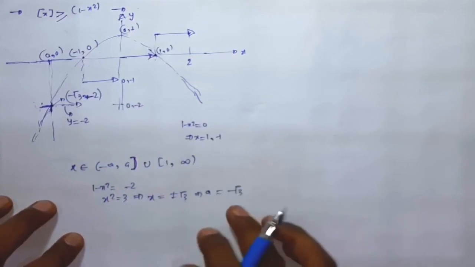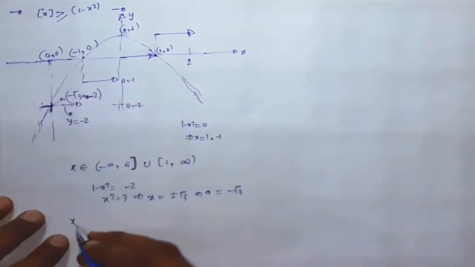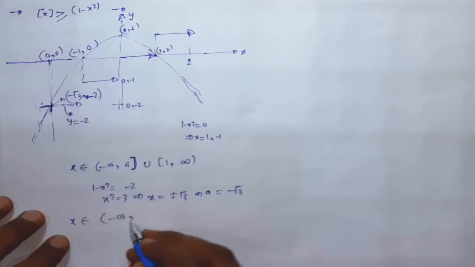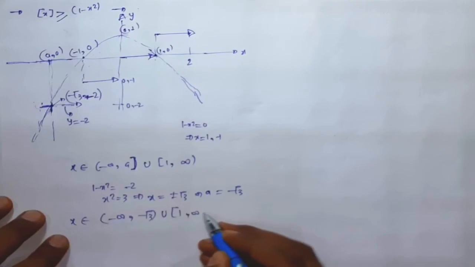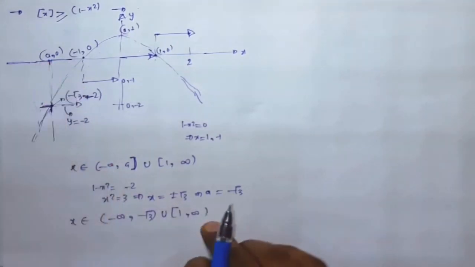Okay, so we can say x value will be minus infinity to minus root 3 union 1 to infinity. So these are the values of x for which this inequality will be satisfied. I hope it is clear. Now I will see some more examples, like